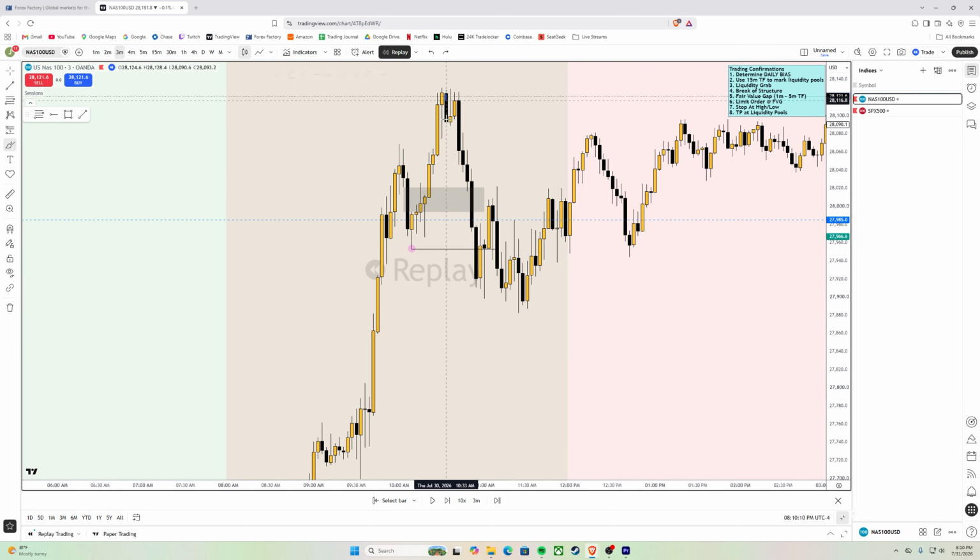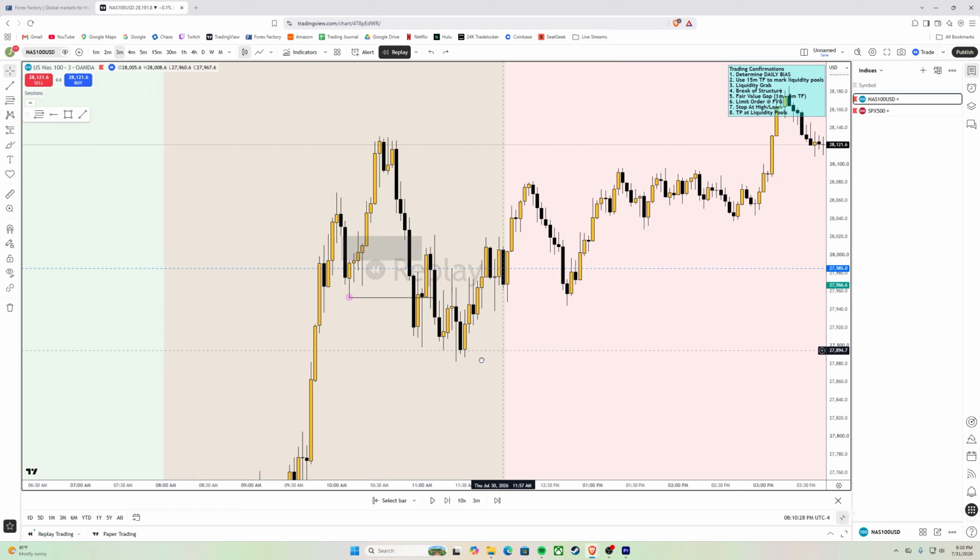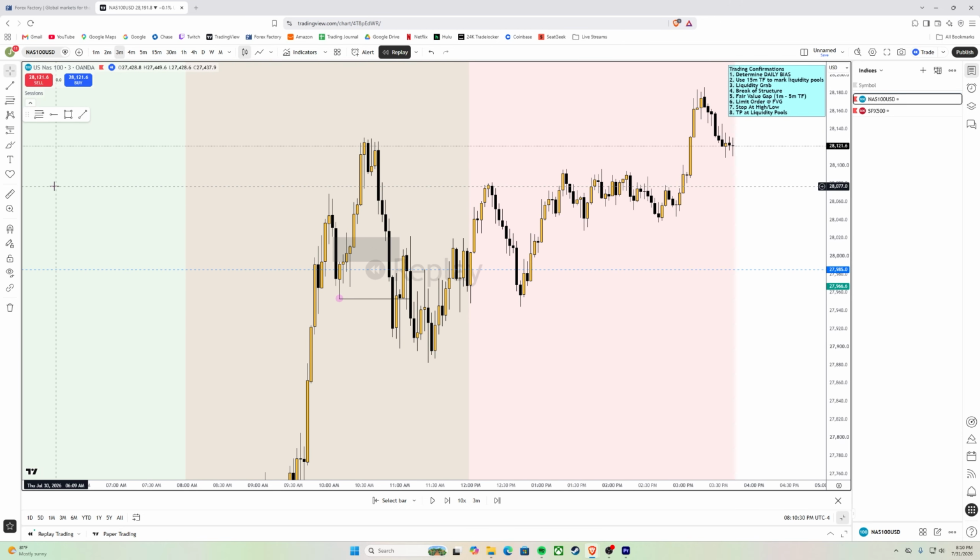It had clear displacement. It had a clear fair value gap. Price tapped into it. But once again, our trading window is from 9:30 to 11. This didn't happen in that range. The trade would have activated at 11:03, which is after our window, so we didn't trade, and we wouldn't have traded this day, and it protected us from losses. Right? There are going to be some traders who would have that as a rule and break the rule because they see an opportunity forming, and it will result in a loss. This is why you need to follow your rules and follow your strategy.